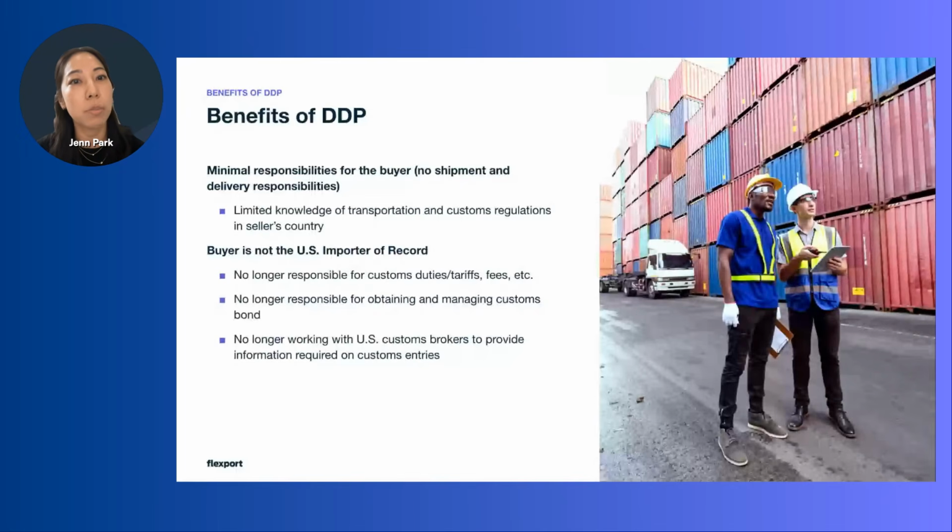But also from the US perspective, on the destination side, you're no longer the US importer of record. It's the seller that ultimately is now the importer of record in a DDP transaction. So what does that mean? That means that you as a US company are no longer responsible for any customs obligations here in the US, which includes duties, tariffs, fees. You're no longer working with a broker to make sure your broker is providing the correct information on your products